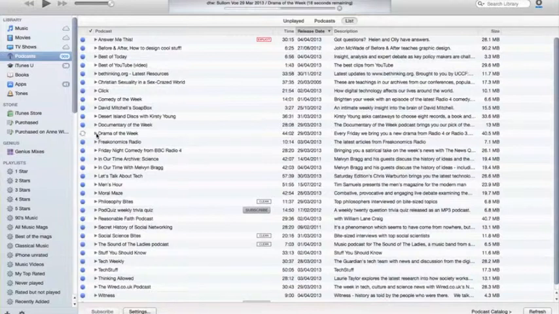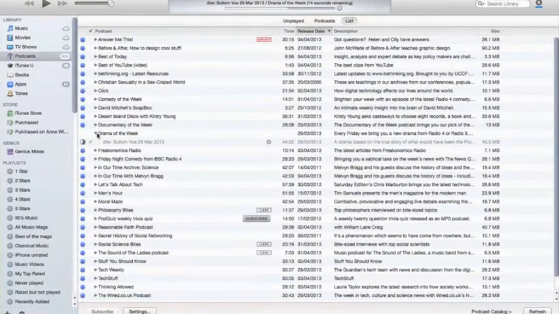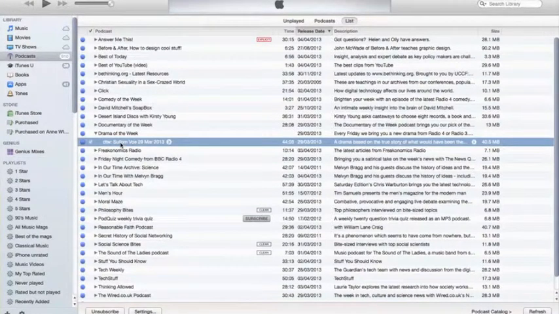So if I click this arrow to the left of the title, I can see which episodes are available. And this one's actually downloading at the moment. So once that's downloaded, I'd be able to listen to it if I wanted to. It should be with me any minute now. Okay, here it is. So now that episode is ready for me to listen to, and if I double click